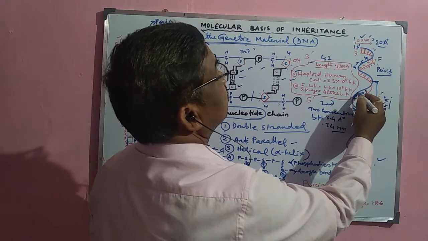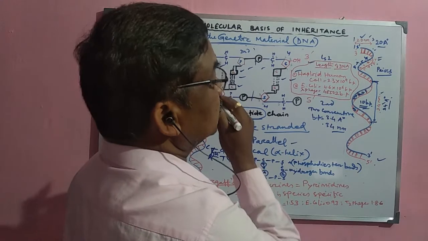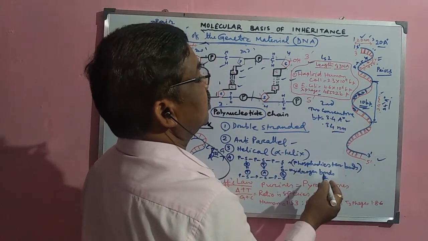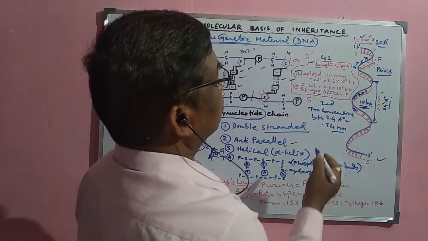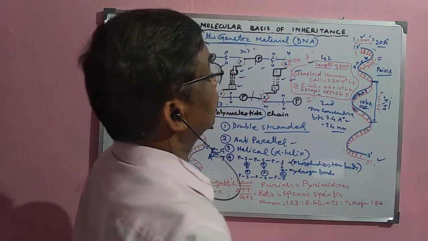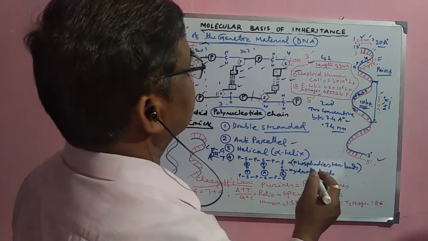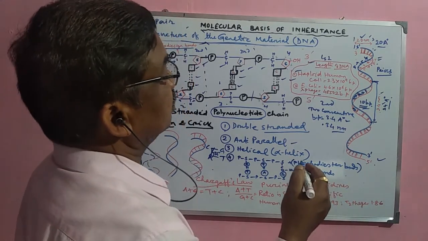This is one base pair, this is another base pair, and the distance between these two base pairs is around 3.4 angstrom or 0.34 nanometer. Now, this structure was established by Watson and Crick, and according to this structure,